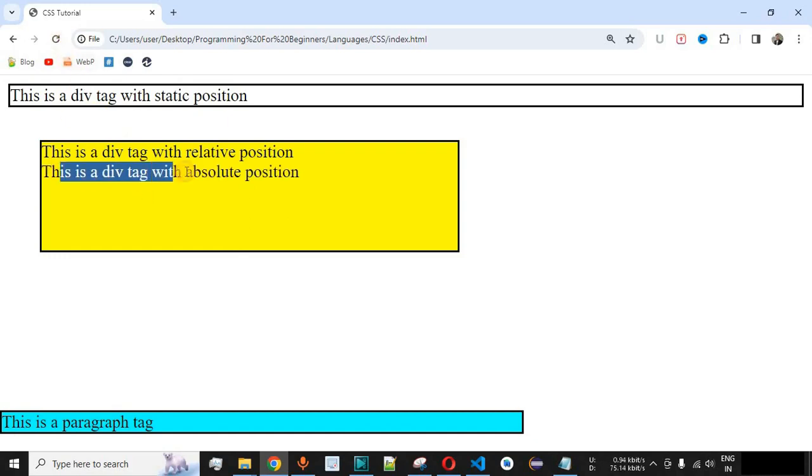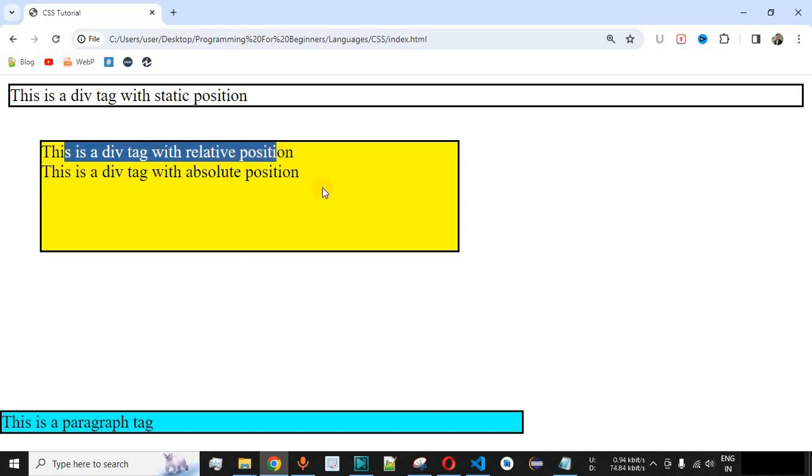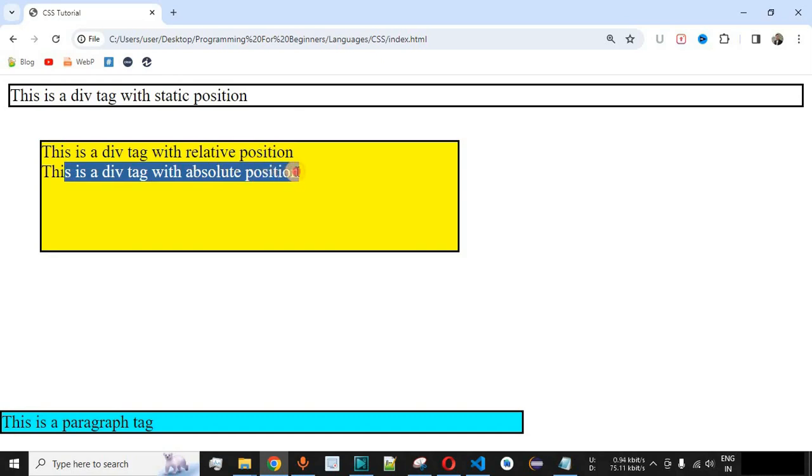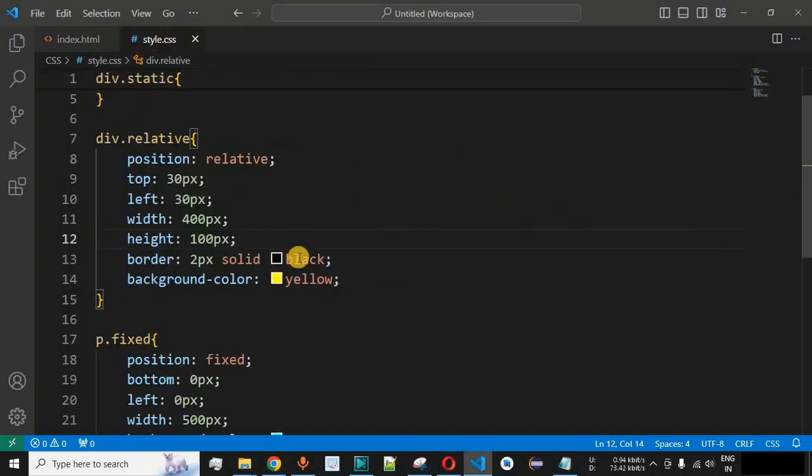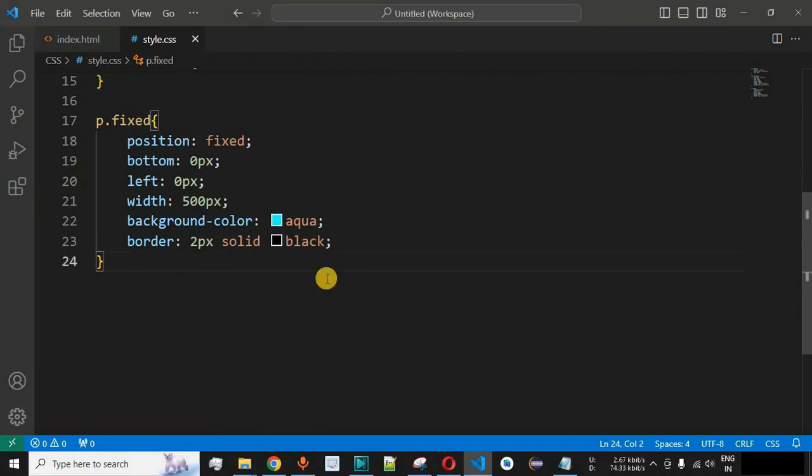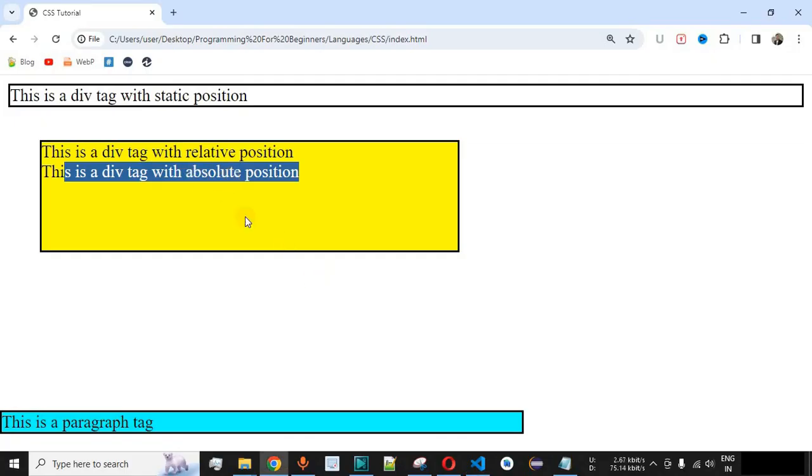So as you can see, this statement is just below the statement of the parent div tag, that is the relative position tag. Now guys, let us say we want this particular absolute position tag to be at the bottom right of this particular parent tag over here. So what we can do is, first of all, let us provide some background color over here so that we can identify the absolute div tag over here.